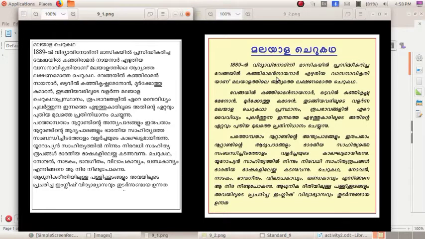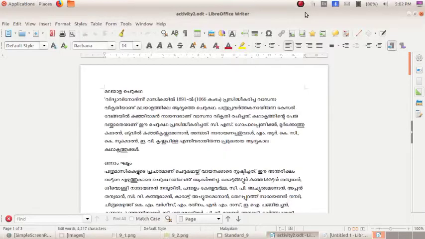Here the heading is simply written into the left side, but here it is aligned to center. Then the font color is changed to blue and it has underline also. Okay, so write it into your textbook. So you know that there are a lot of techniques to edit the letters and paragraphs by using the LibreOffice Writer.